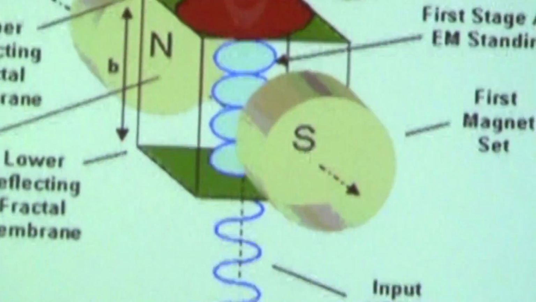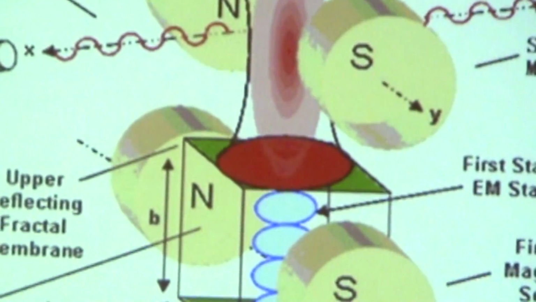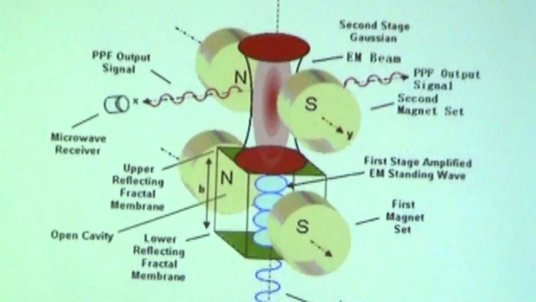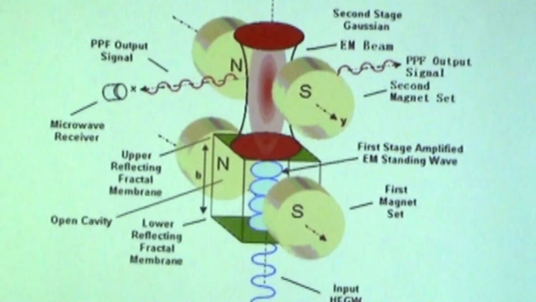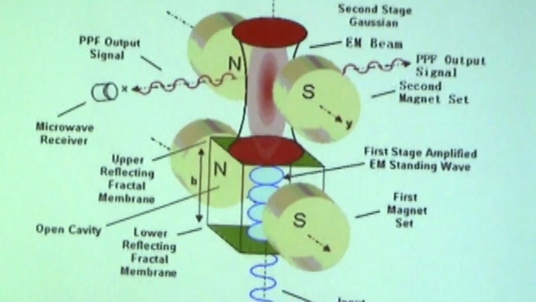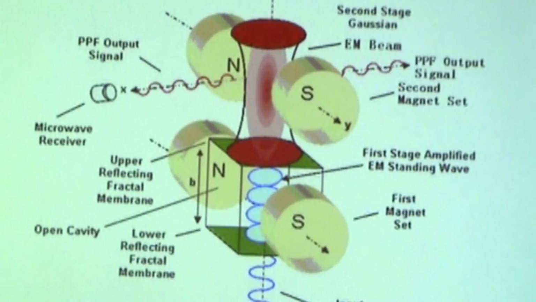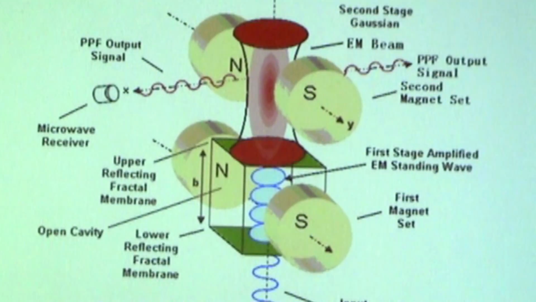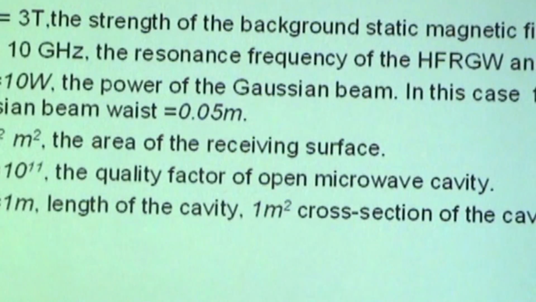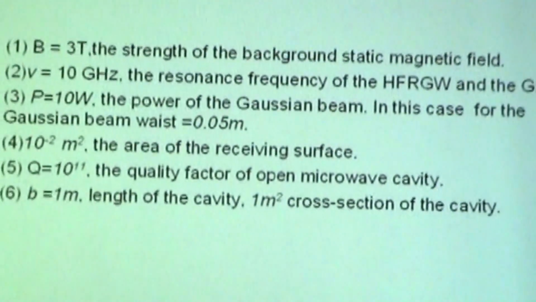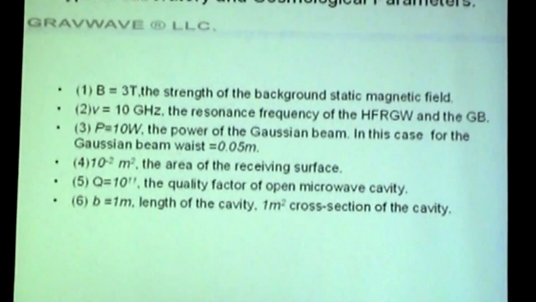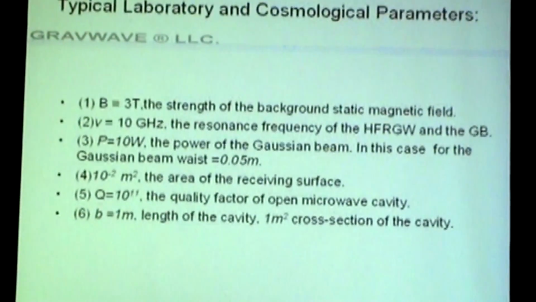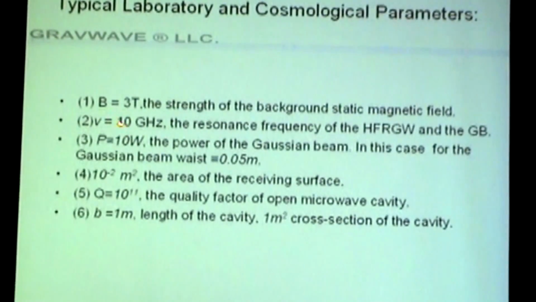The main calculations and theory and so forth behind this is entirely due to Fan Lee and another associate of his, Dr. Fang, here in Chongqing University in China. Here are the characteristics of this particular detector. It has a very strong magnetic field, 3 Tesla. As I said before, it has a 10 gigahertz